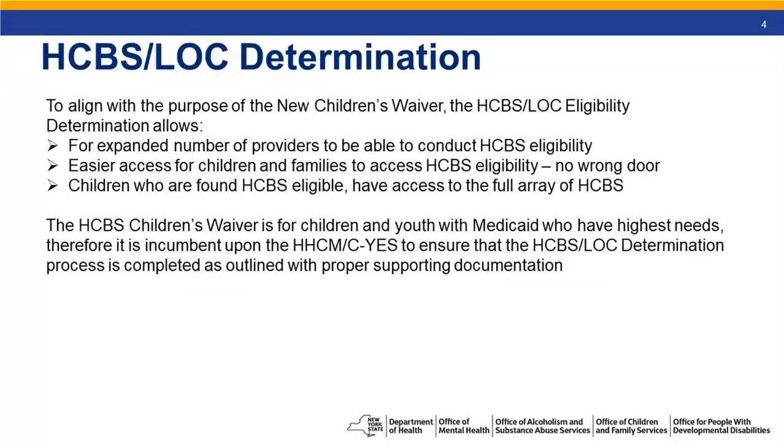It's really important that we all understand that now that we have this combined children's waiver, our goal is to expand the number of providers that are able to conduct HCBS eligibility, and that there's no wrong door. Again, because we're consolidating the 6 waivers into one, a child or a family can go to a mental health clinic or go to their DDRO's office or go to a health home care management agency, regardless of their diagnosis or their concerns or issues that they want to have addressed. And an HCBS eligibility determination can be made if they so want to see if they're eligible for those services,